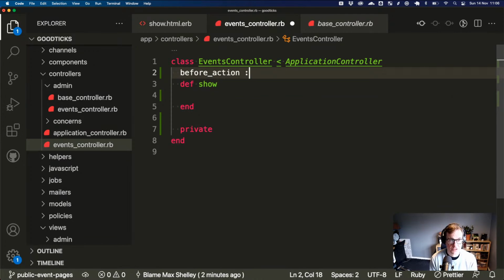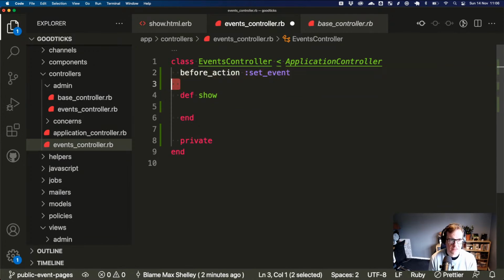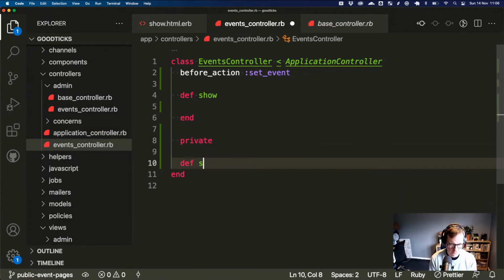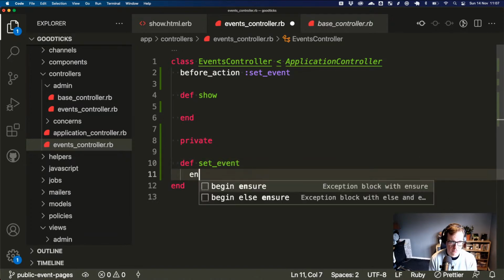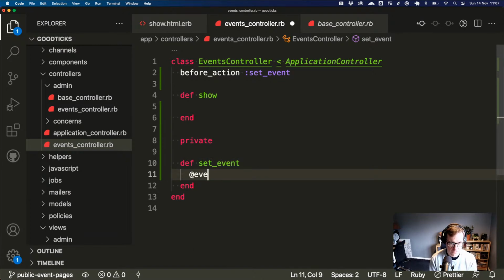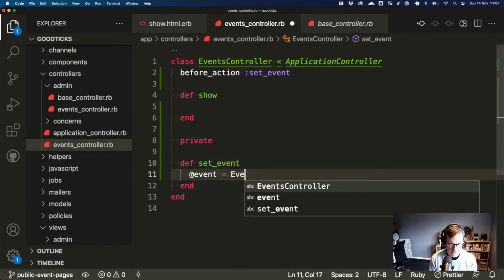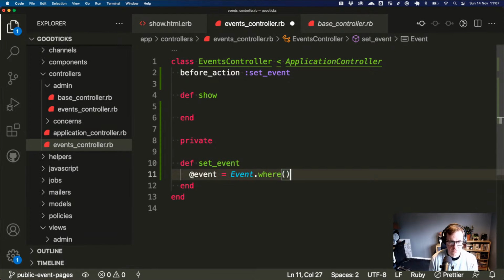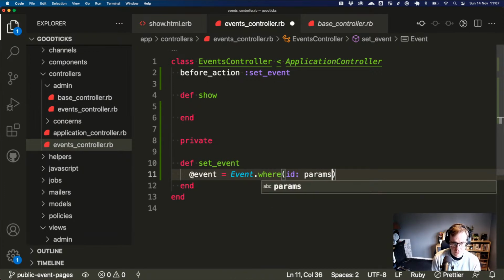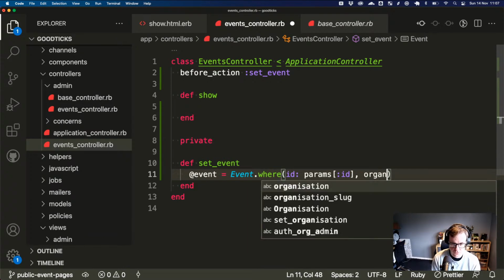So before action, set event. Could do event equals, and we are looking for the ID being the ID of the page, and we're also looking for... no, because that's associated with it by an ID, isn't it?